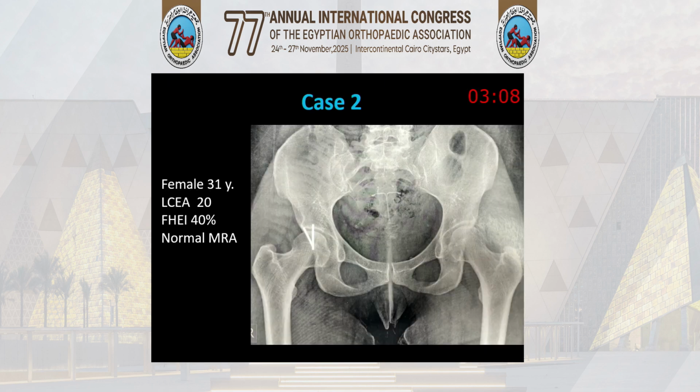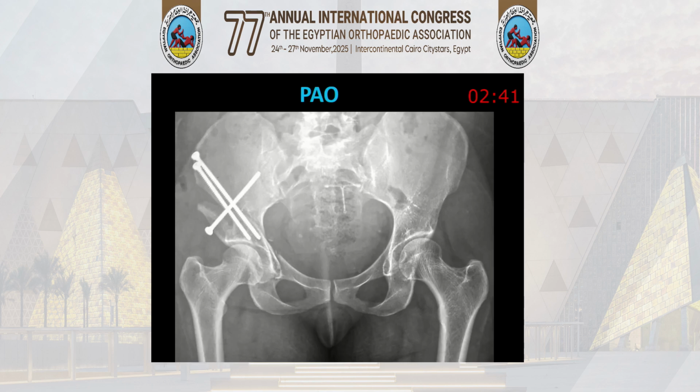Second case, a female patient, 31 years old. She has a lateral center edge angle of about 20, femoral head extrusion index 40%, and a normal MRA. So we can consider it as borderline dysplasia. And there's debate for borderline dysplasia whether to do hip arthroscopy or a periacetabular osteotomy. However, she has a normal MRA, so my choice was to do a periacetabular osteotomy